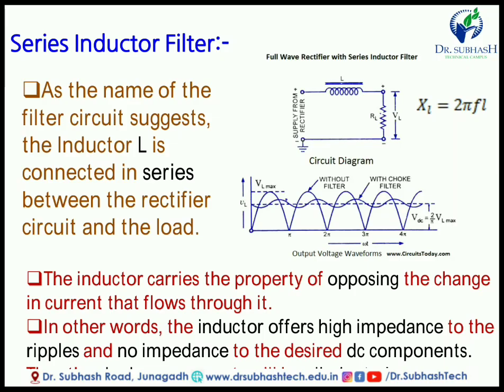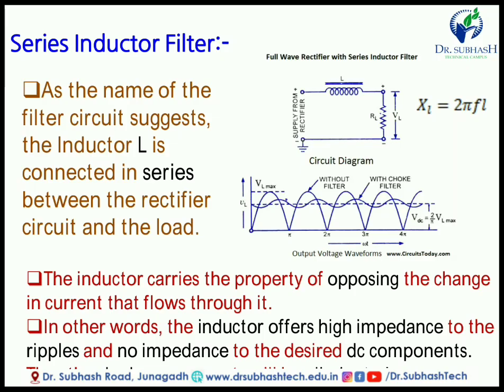Now, it is a characteristic of an inductor that it opposes the change in charge or current flow through it. Whenever there is a sudden change in current, the inductor does not allow that sudden change. So it blocks some AC supply or AC signal, and it allows DC to pass directly. Means the impedance for DC is very low in an inductor, and the impedance for AC is very high, directly proportional